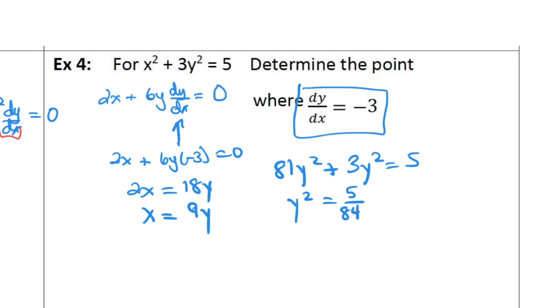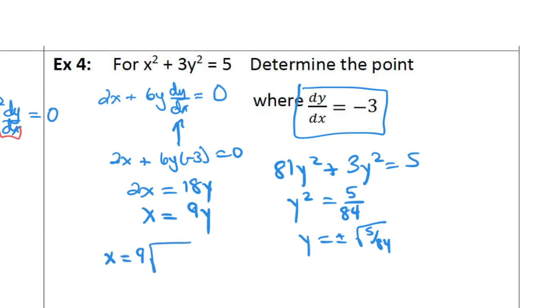And then, of course, we can find a nice little square root. We have two answers. Y is plus and minus the square root of 5 over 84. So that's not a very elegant answer, but that is what we have. But if that's your y value, we now need to find x, which leads us with